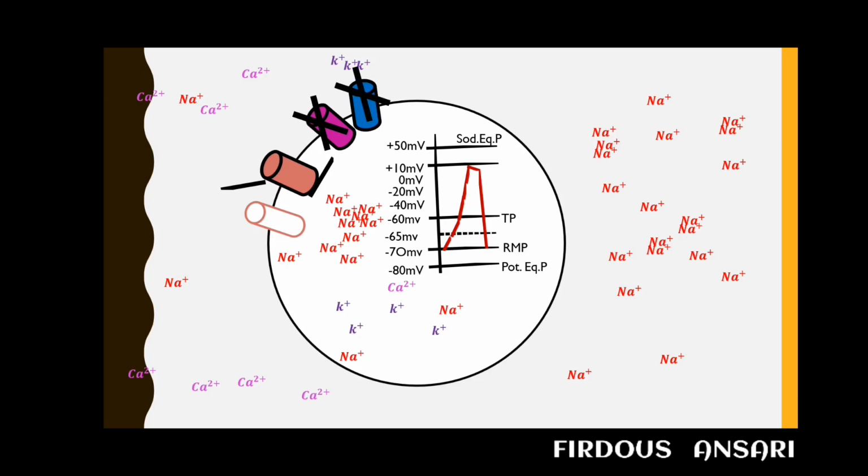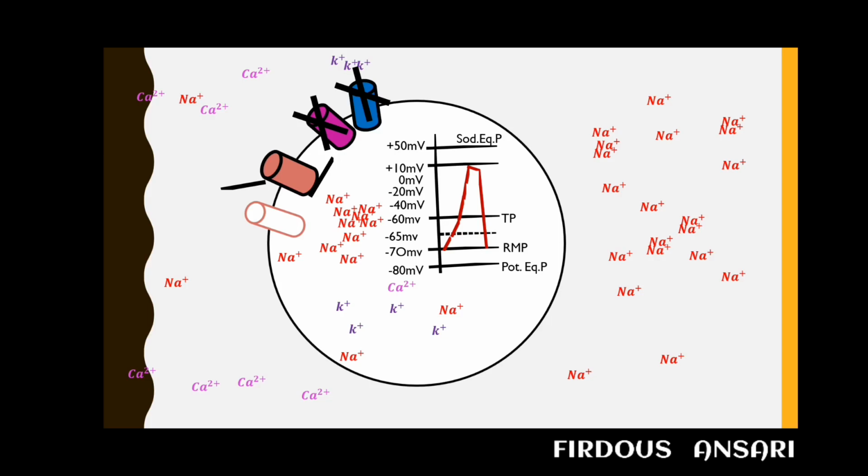Now, as you can see, before, the polarity of the neuron was negative, then it underwent depolarization, meaning it became positively charged, and again it has come back to the negative polarity. Coming back to its original polarity is known as repolarization. So first depolarization took place and afterwards repolarization took place. So this is action potential. Action potential is a wave of depolarization followed by repolarization.